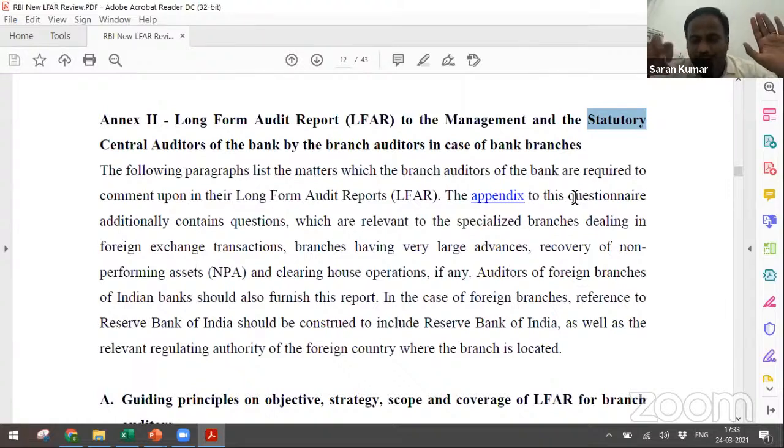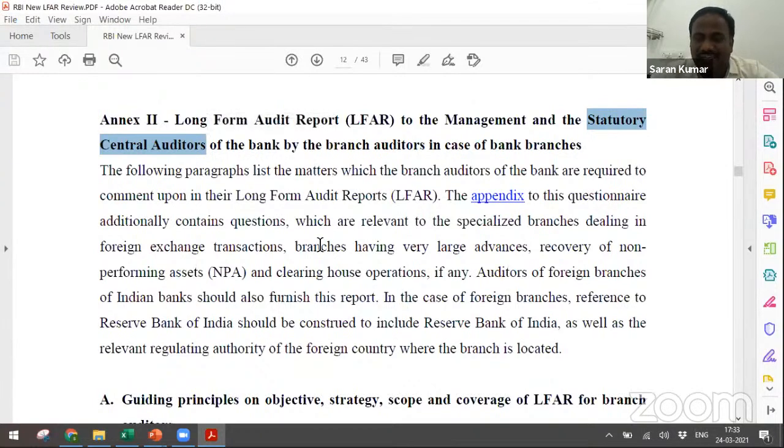So whatever report you did, your report may not go to the RBI. Central statutory auditors are the mediators who can carry our information to the management and to the RBI. This is a very clear point you must understand. But what type of information should we tell the central statutory auditors?